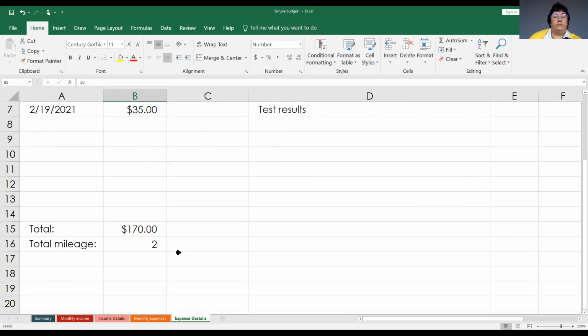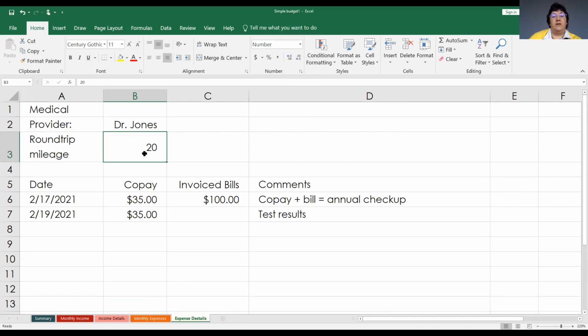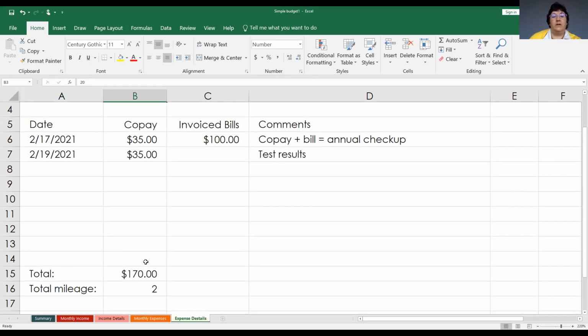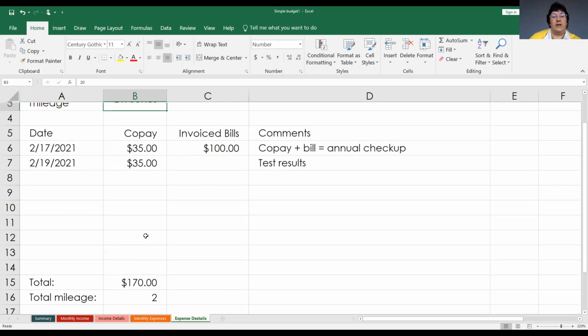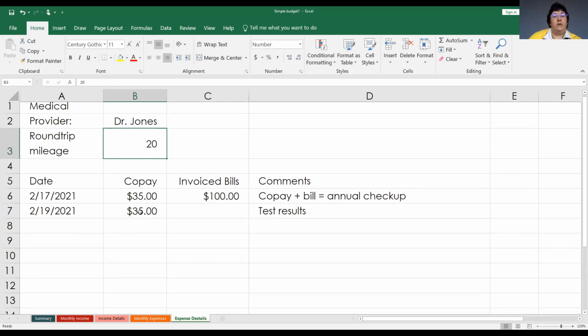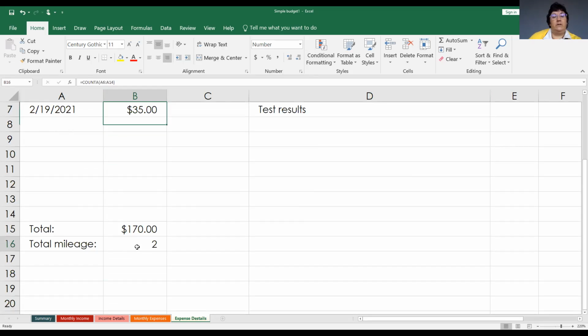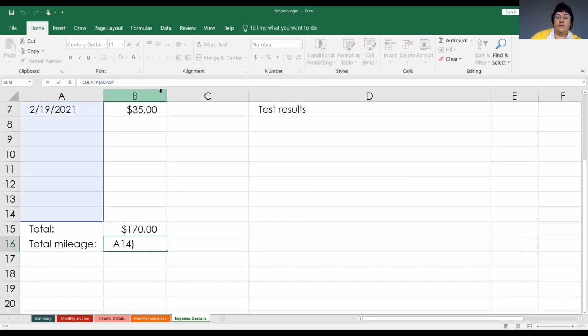Okay. And the only reason I had to do that is because I've got this placed on a column that I've totally already named as being currency. I need to switch it back to just a plain number. Okay. So I want to take this one here and I'm going to put parentheses around it because I want